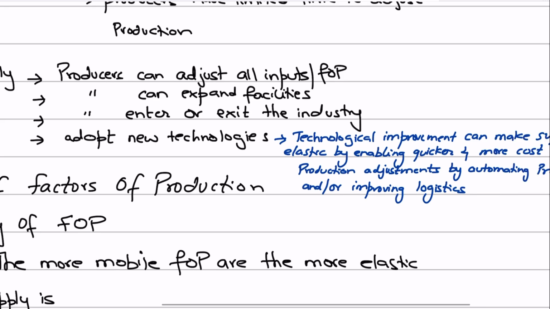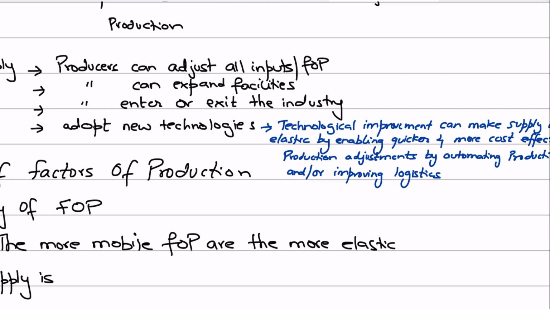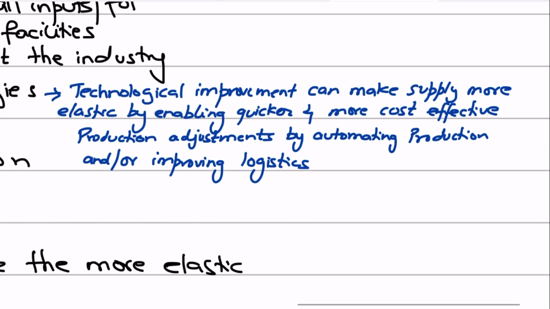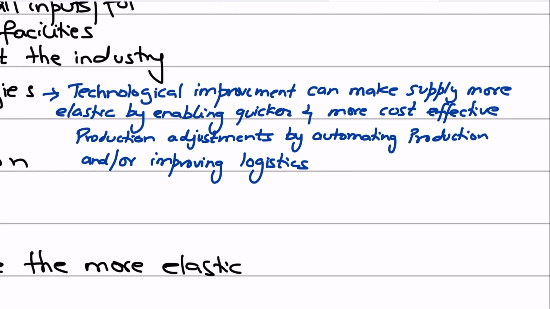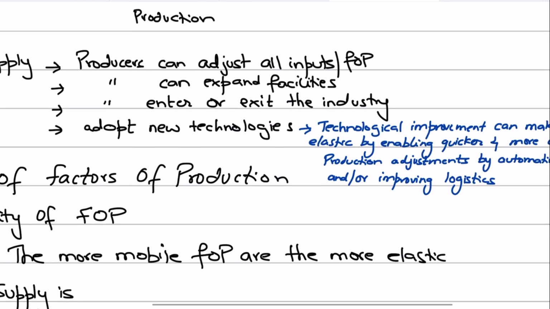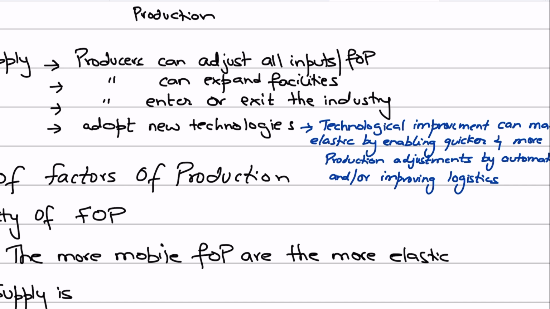Also remember that in the long run you can adopt new technologies, and these technological improvements will make your supply more elastic, because technological advancement and improvement will enable what? It will enable quicker production, right? When you automate your production or you improve your logistics, obviously through technological advancement you will be easily able to respond to higher demand and higher prices, right? Which would make your supply elastic. So this is how you need to explain, instead of just writing that in the long run supply is elastic. And that is what differentiates an A-level student from an O-level student, and also within A-level students, this is how an A-star student would answer, right?